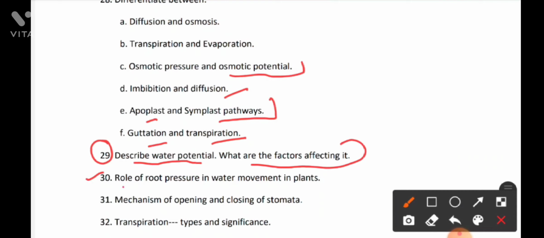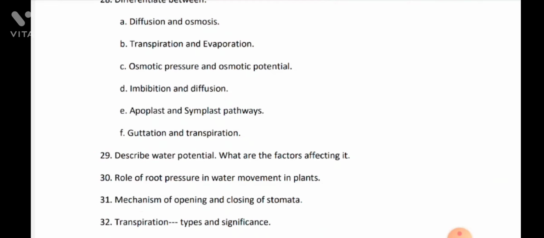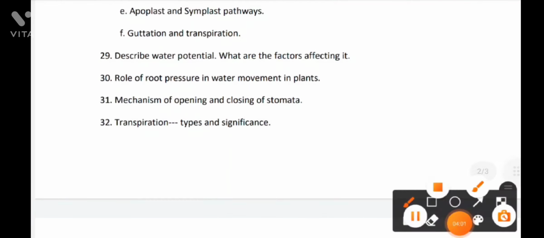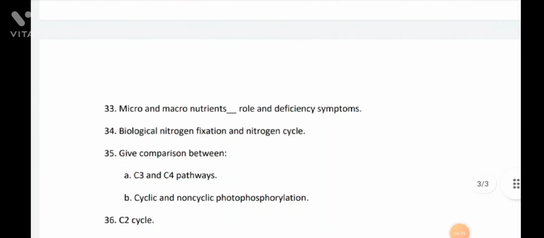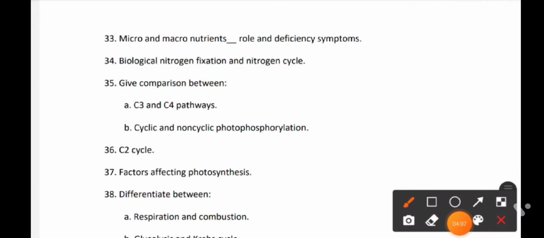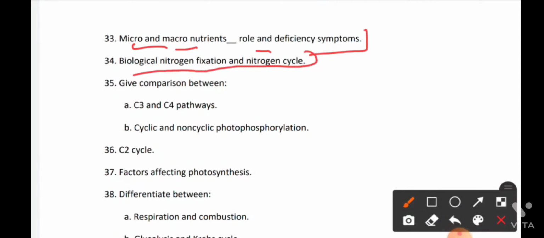30th. Role of root pressure in water movement in plants, mechanism of opening and closing of stomata, transpiration types and significance. Then, micro and macronutrients, role and deficiency symptoms, biological nitrogen fixation and nitrogen cycle, give comparison between C3 and C4 pathways,